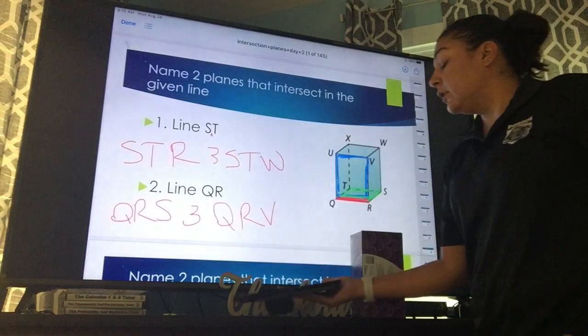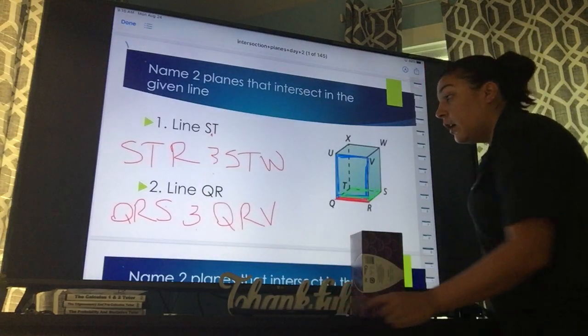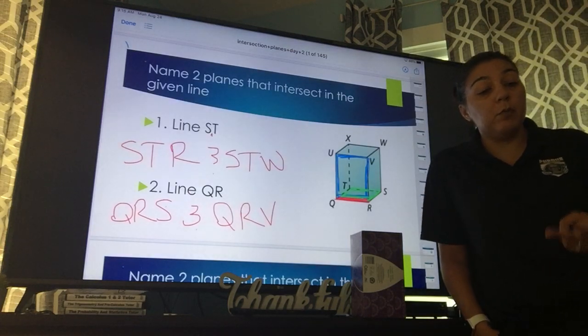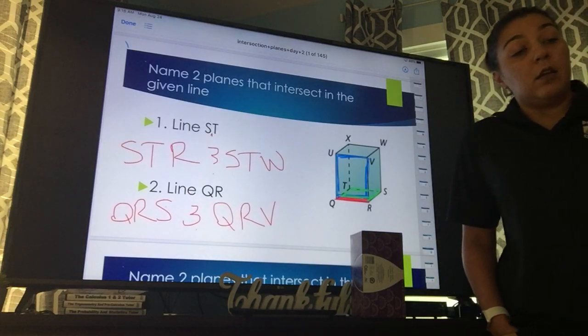Okay, so you guys have 2 of each type to do. I want you to try to do them. Okay, before you leave my room, you need to be submitting